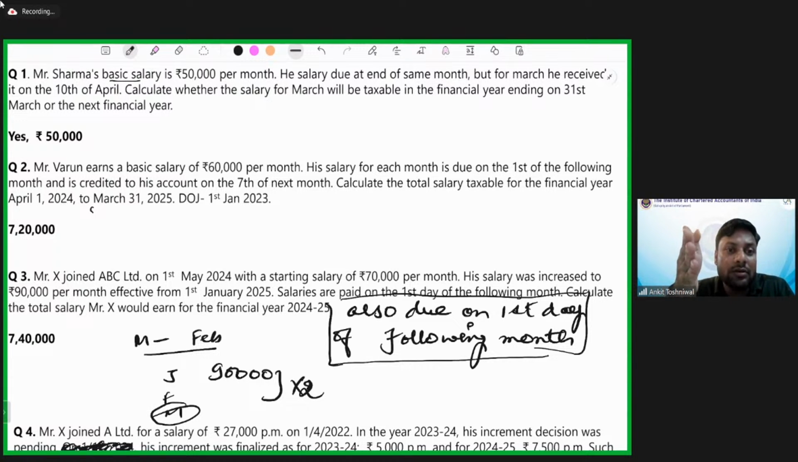if an employee's salary is due in the next month, and also received in the next month, तो जो मार्च का जो सैलरी होगा ना बेटा वो अगले फाइनेंशियल ईयर में ड्यू होगा।